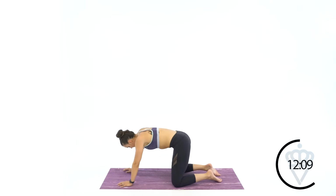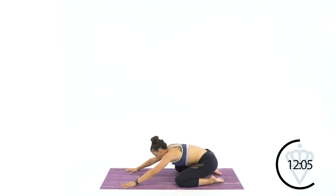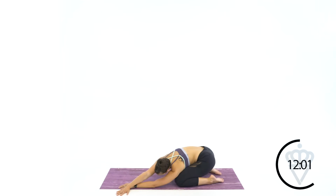Okay, so speaking of the lower back muscles, let's go ahead and sit back into child's pose, and I want you to take your right hand, cross it over your left arm, and I want you to feel that stretch all down the right side of your body, even down into your low back. Drop your head down between your arms and just relax your head, relax your neck,